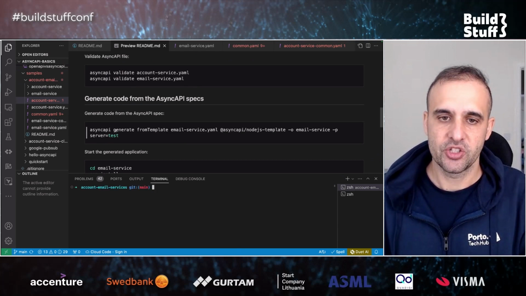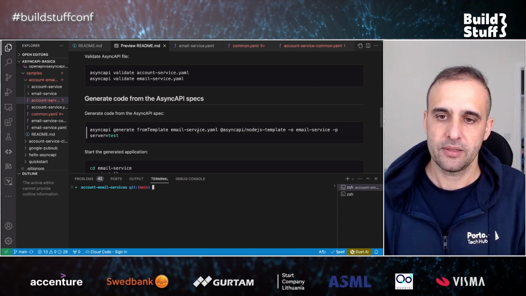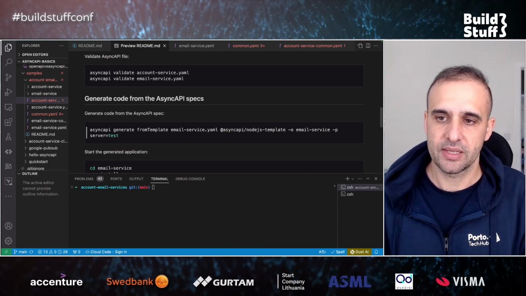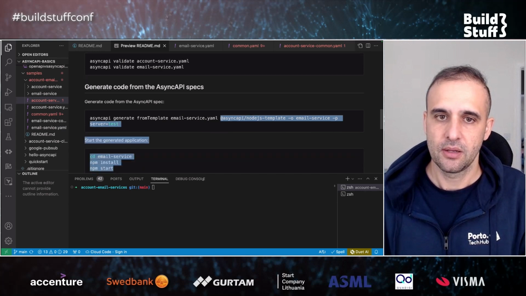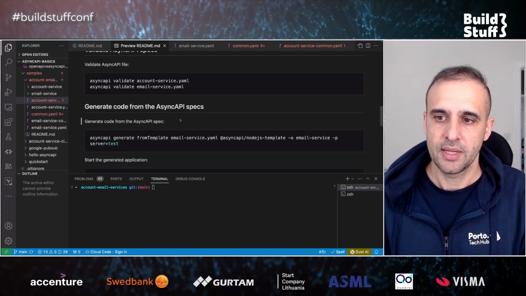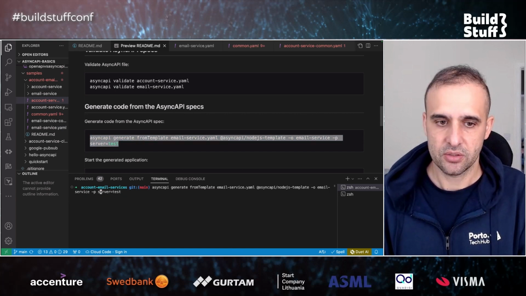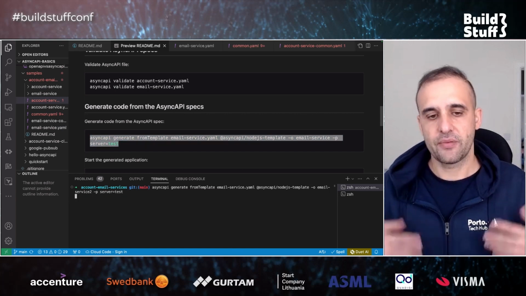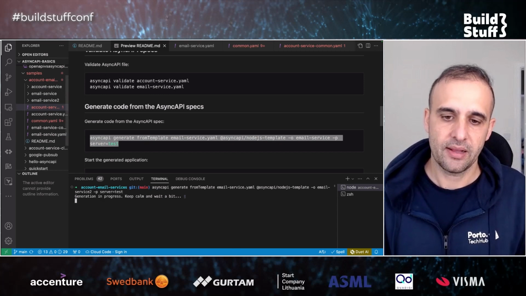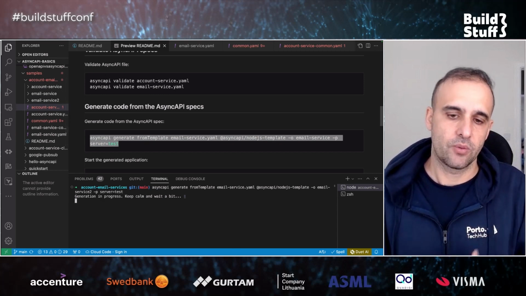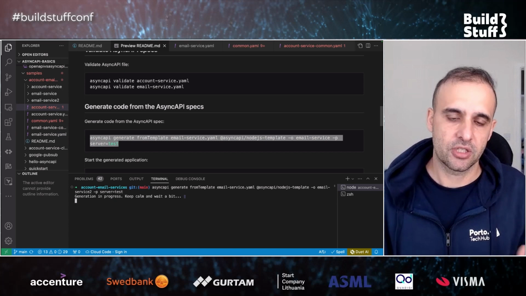So you can say AsyncAPI generate. You can point to a template. In this case, the template is the AsyncAPI Node.js template. And then you point to your YAML, and then you create a new directory, and that's it. So let's actually do this, and I'll just change this to another folder. And now this will look at the YAML file, and it will generate some Node.js application